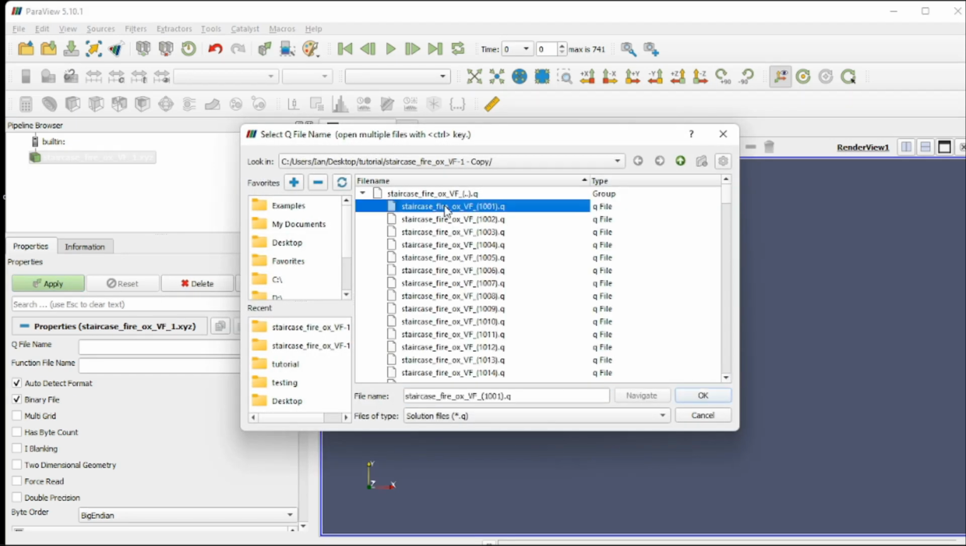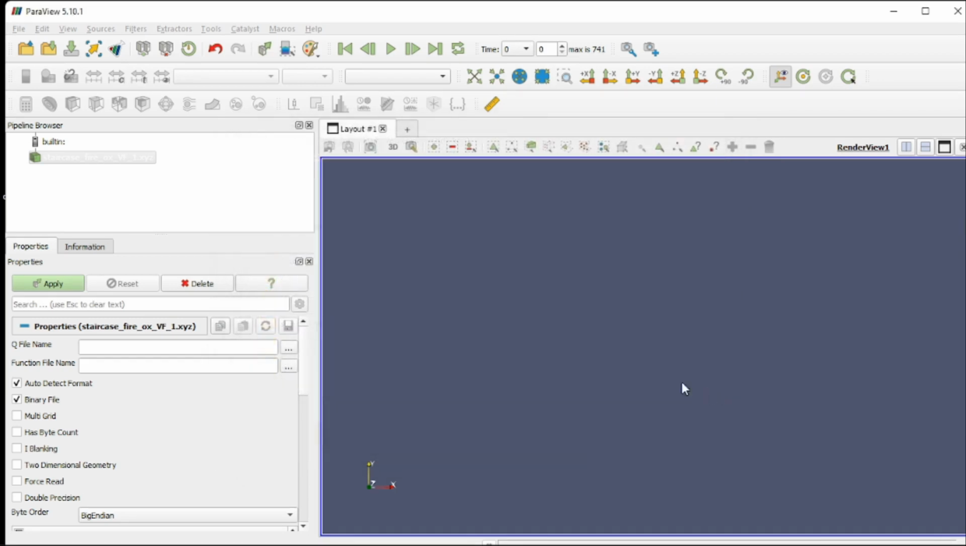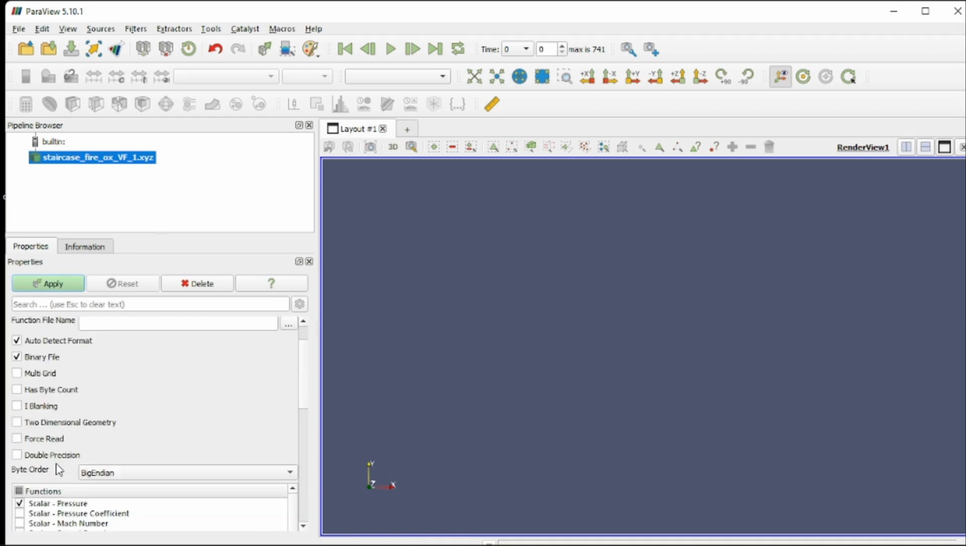It should pop up here, and you can just shift-click to select all of them. And then you want to ensure that you click force read, because the XYZ file won't recognize how you've renamed it. So you click apply,